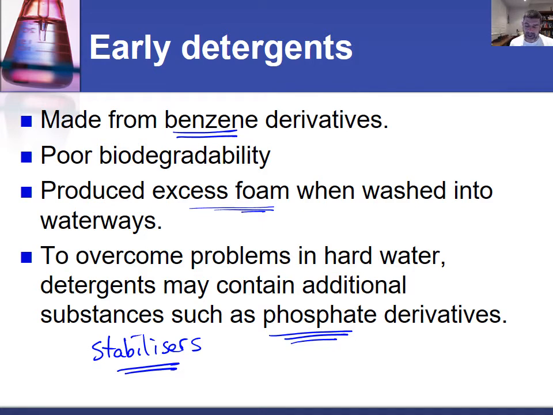We now know that phosphates are one of the significant contributors to water pollution, and specifically the problems of eutrophication, leading to things like algal blooms. So putting a lot of phosphates into the water is not great either, and that's one of the reasons why you sometimes see detergents marketed as phosphate-free. This has been a specific move to try and reduce the amount of phosphates being released into the waterways and the potential damage that they can cause.